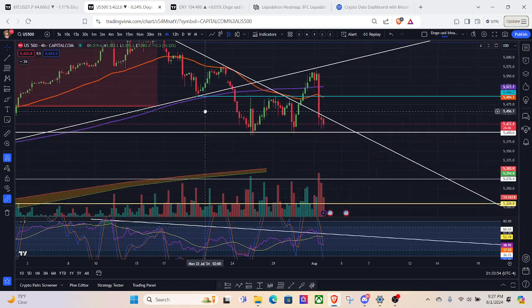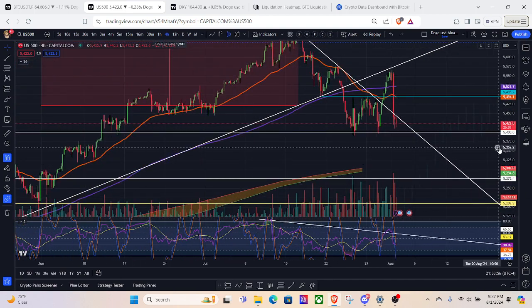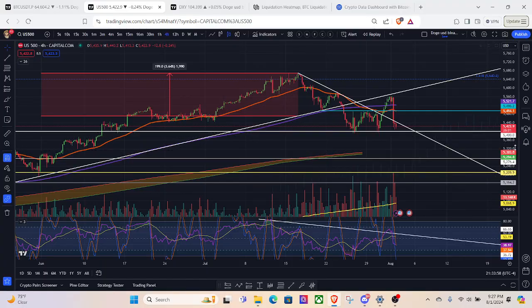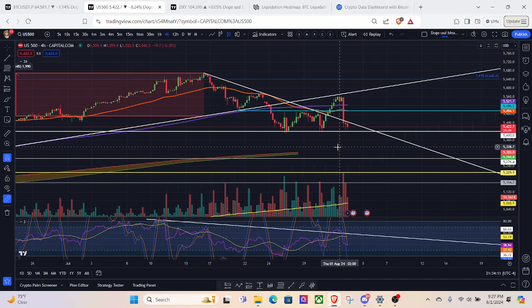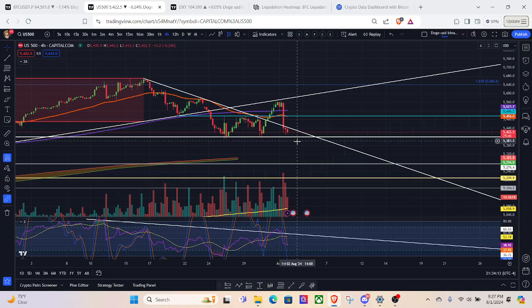So I wouldn't say that the S&P is too unhealthy. I mean, it's trying to find a base here around 5400. So it might try to hold that zone, but also it's not looking too great. It's looking more or less like it's in a downtrend at this point, from a midterm perspective, and could potentially, if not go down a little bit more, could potentially just go sideways a bit,